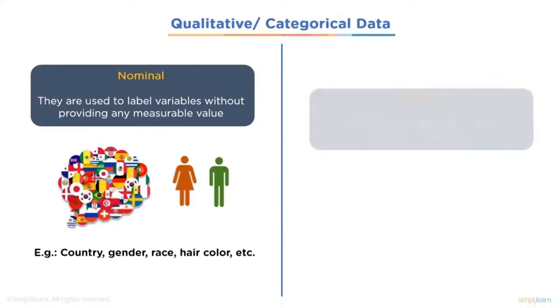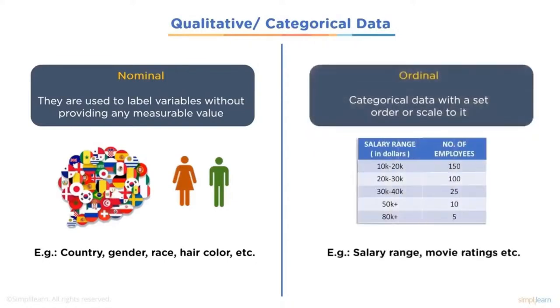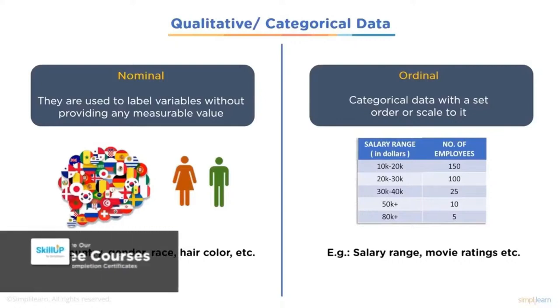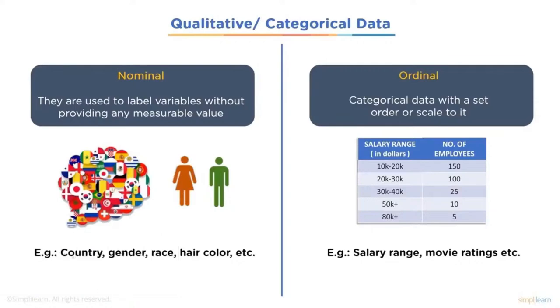And we look at ordinal. This is categorical data with a set order or a scale to it. And you can think of salary range as a great one. Movie ratings, etc. You can see here the salary range. If you have 10,000 to 20,000, number of employees earning that rate is 150. 20,000 to 30,000, 100, and so forth. Some of the terms you'll hear is bucket. This is where you have 10 different buckets and you want to separate it into something that makes sense into